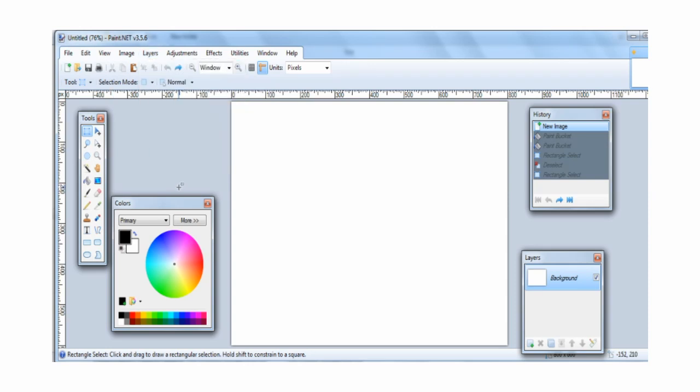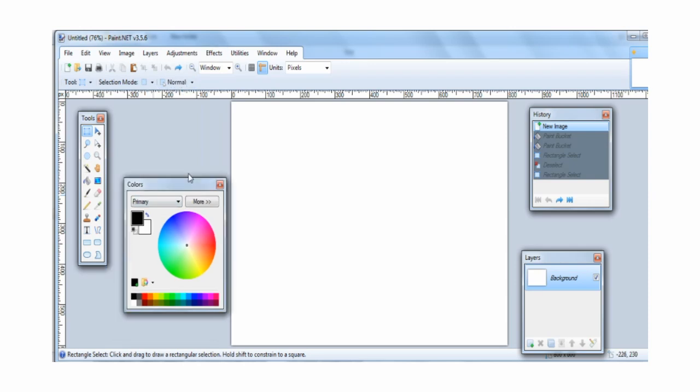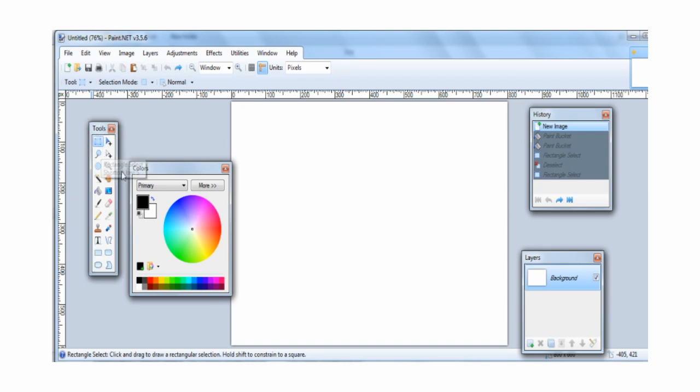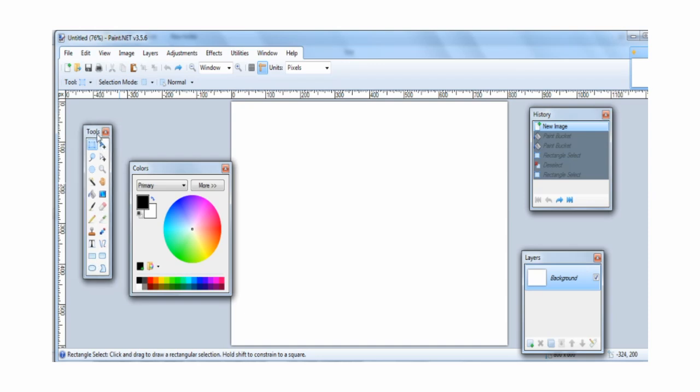Now let me go through each of these windows now that I've discussed to you basically this stuff here. This is the tools box, so you're going to use this tools box a lot. And if you've used even Paintbrush or even the basic Paint, you know what these tools are all about. Well, with Paint.net, it actually goes beyond just basic tools. Like if I click on the rectangle here,